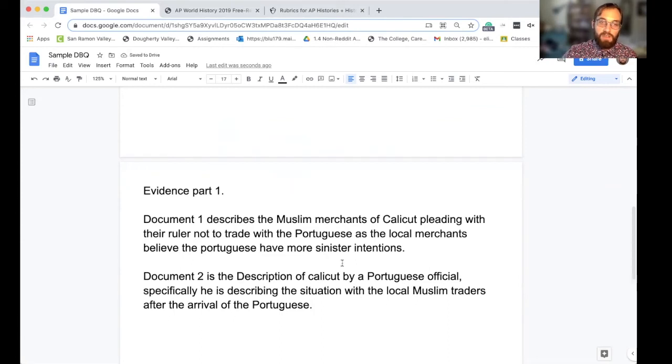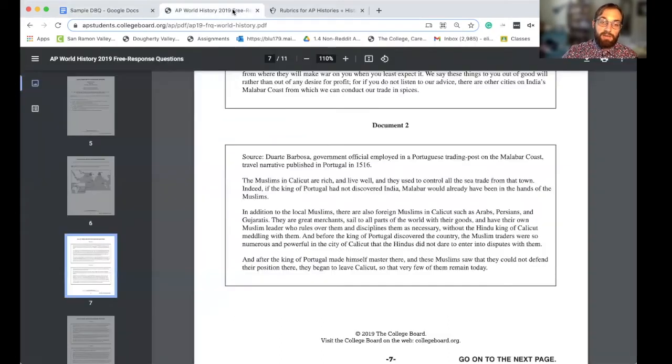Cool. So again, notice no quotes, but we are giving the reader the idea that we understand the content of the document. You also might have noticed, looking at these free response examples, that the source itself can give you quite a bit of what you need for the description point, right? Government official, where they are, what they're doing, or what they're describing, right? Maybe just add 1 or 2 details from the document itself, such that he's talking about the location after the Portuguese have arrived, and you're good to go with the description point.